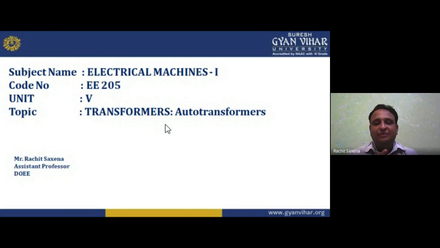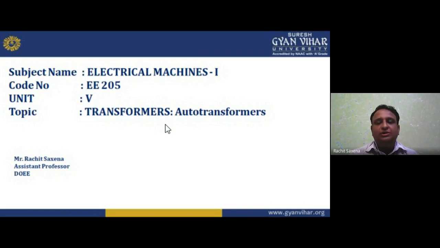Then unit number 3, if I'm talking about, unit number 3 and 4 are in continuation. So we can say 3 is the basic and 4th is the elaborative, application part of it. So in unit number 3 we have DC machines. If I'm talking about the DC machine, my dear student, in a DC machine basically we have two types of rotating machine, one is the motor and another is the generator. So the construction is the same, but the principle of operation is different.